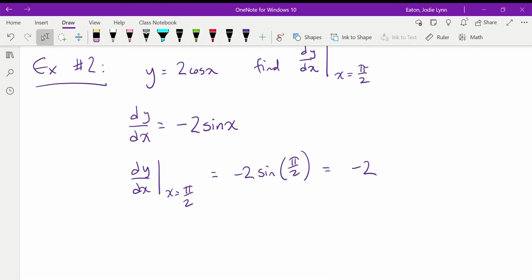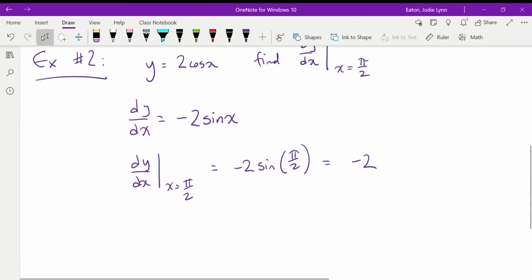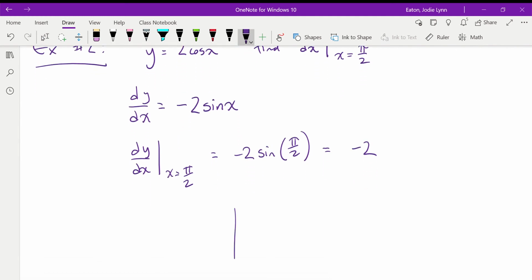So what does this mean? Actually, let's just look at a quick graphical interpretation. We have 2 cosine x, so we have a cosine graph with an amplitude of 2. And our cosine graph is coming down to here, and it's coming over here and back up. And you may remember that the first place that we hit 0 on a cosine graph, this is a regular cosine graph, no horizontal stretches,